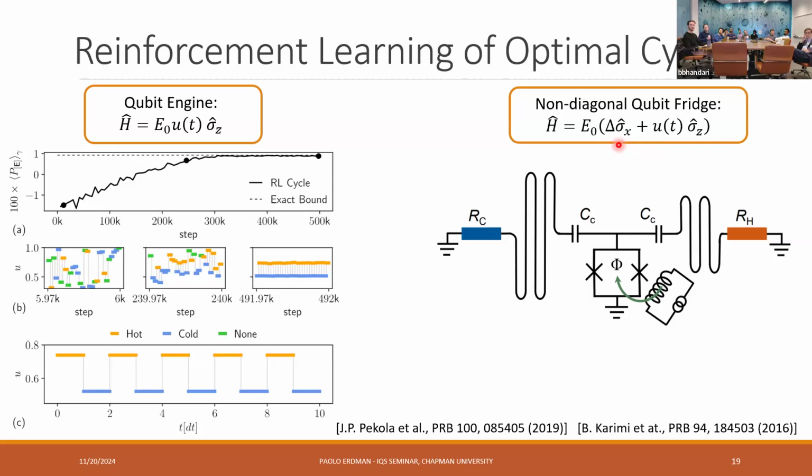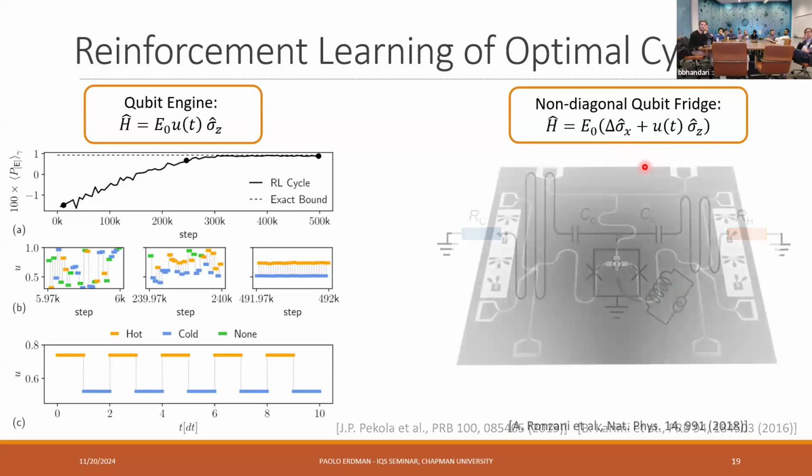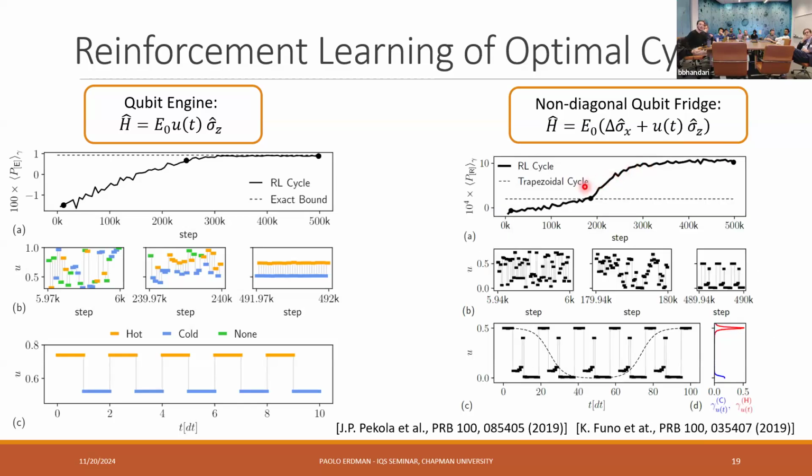And this introduces this effect that some people call quantum friction, so that if the Hamiltonian doesn't commute, you actually have some power losses due to the fact that it doesn't commute at different times. So we studied this case, and again, here we show the cooling power instead of the extracted work. And again, it starts off negative, then it reaches some maximum value, which corresponds to the cycle shown here as this black line. So we compared it to what was proposed in these previous papers, and they studied this trapezoidal cycle, which is given by this dashed line here.